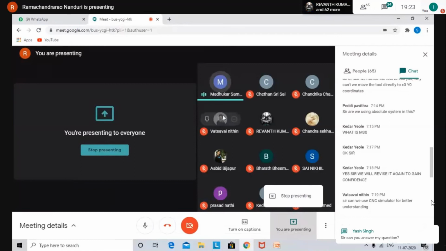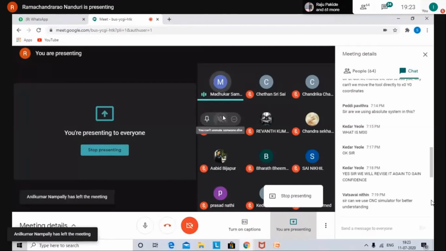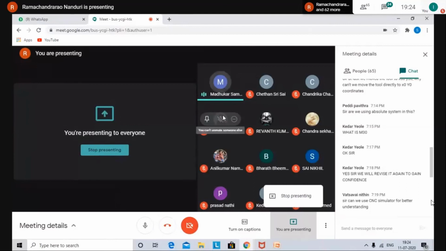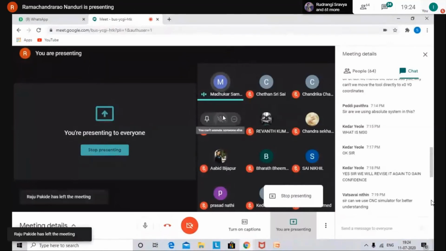So every time we can't depend on Mastercam to change the program. In many industries, most of them use direct programming, and some programs will be handled manually. Once we manually program on the CNC machine, it can be stored in the CNC for later use.